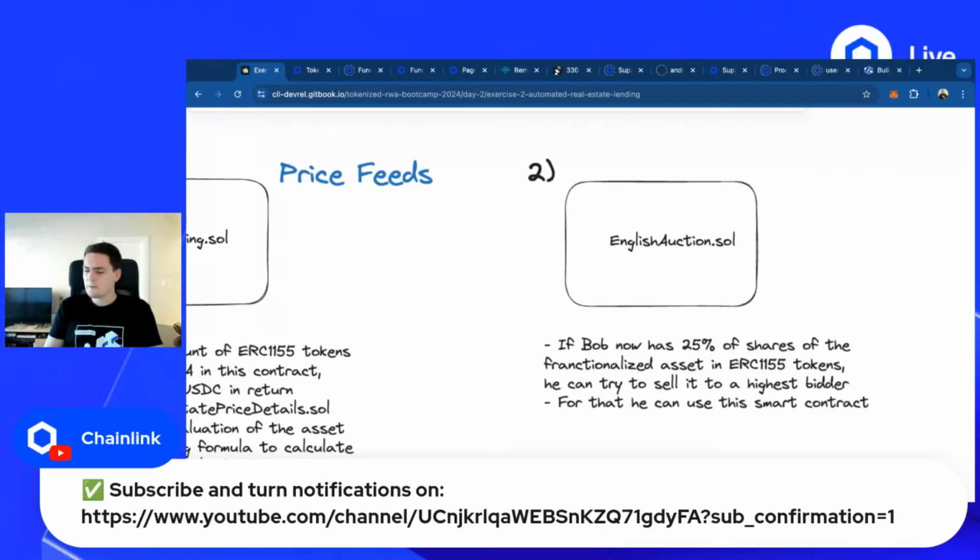But also there is another one called Dutch auction, which is quite popular on blockchain as well. These two are probably the most popular ones, but of course you can just implement an auction on your own. And this auction will be simple. Alice will deploy this contract. She will send a portion of her ERC-1155 tokens, like a tokenized asset, a fraction of it, and set the